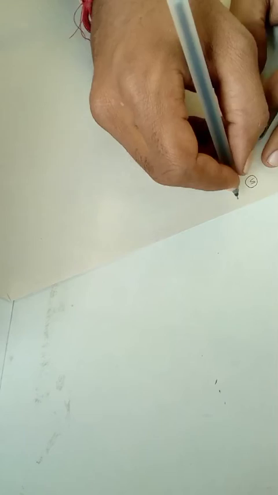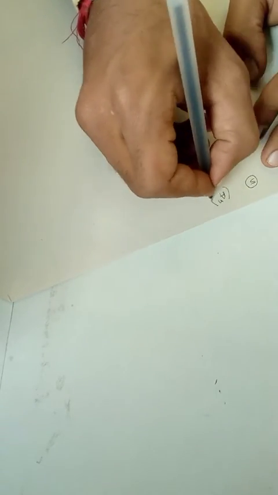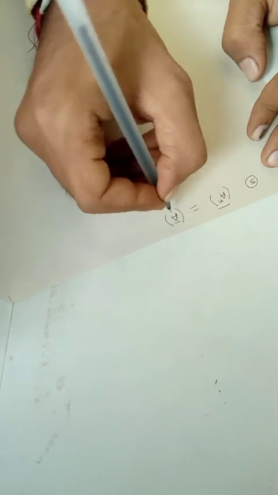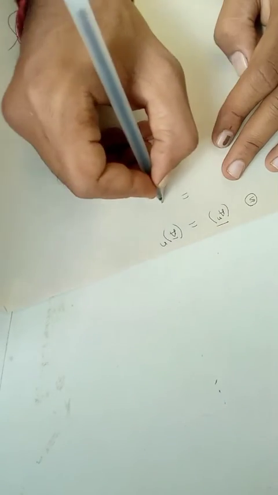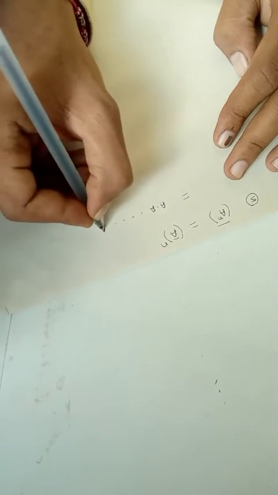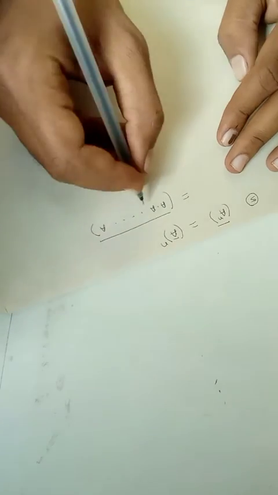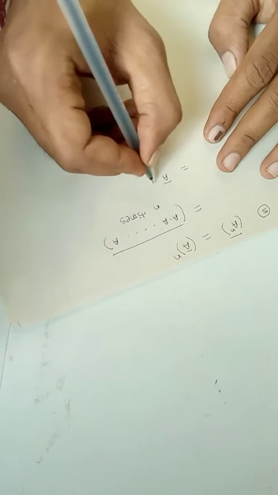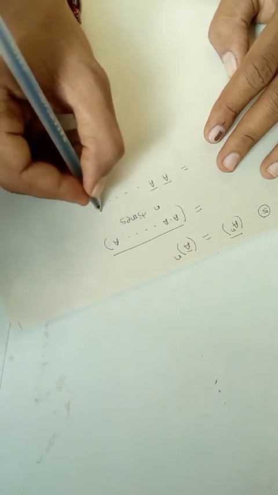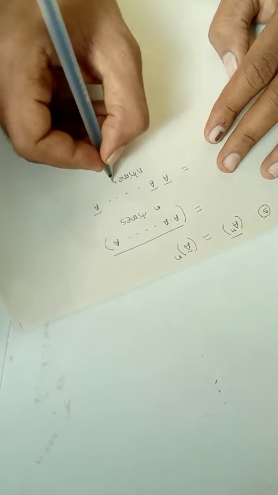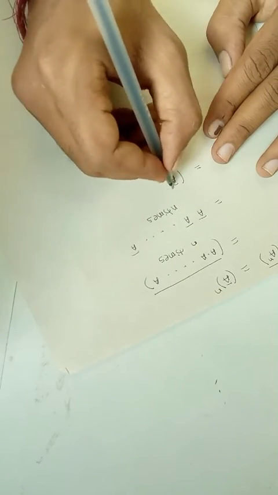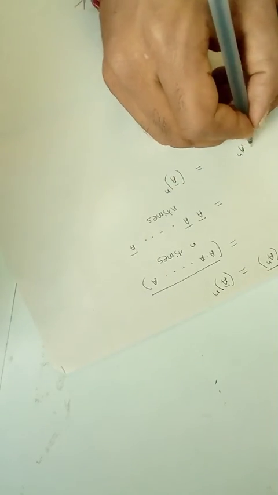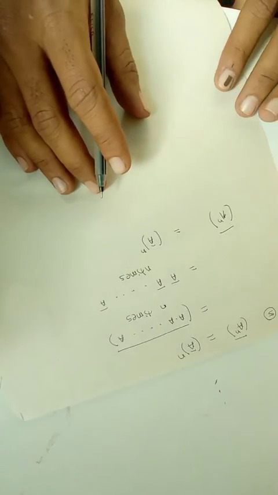Now fifth property, conjugate of A raised to n is equal to conjugate of A raised to n. So you can prove this. A into A whole bar, n times. So you can separate this as A bar and A bar n times. So this can be written as A bar raised to n. So A raised to n bar is equal to A bar raised to n.